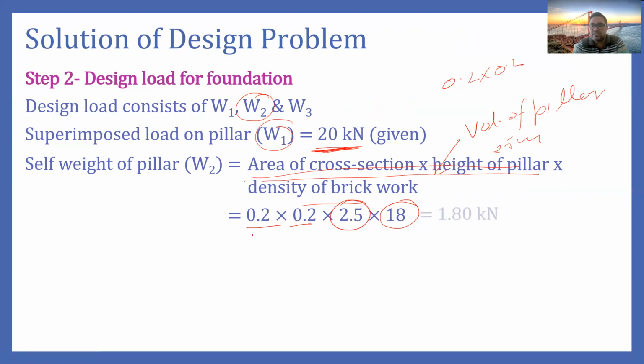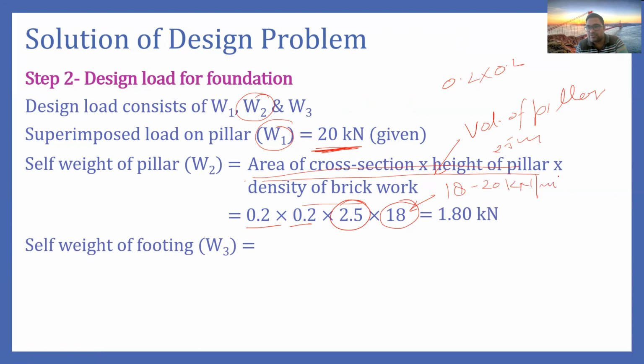So brickwork density is 18 kilonewton. Sometimes it is not given in the question. So in that case, this brickwork density varies between 18 to 20 kilonewton per meter cube. So by chance, if it is not given in the question, we can adopt this brick density between 18 to 20. So multiplying this, we get the value of W2 as 1.80 kilonewton,